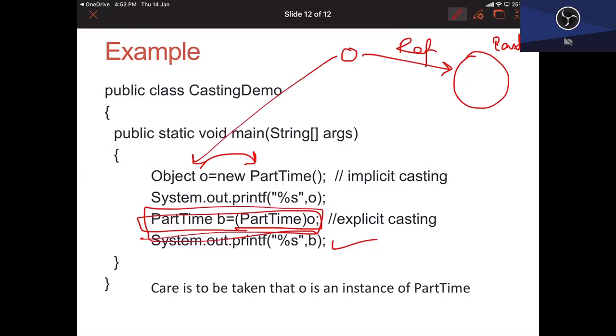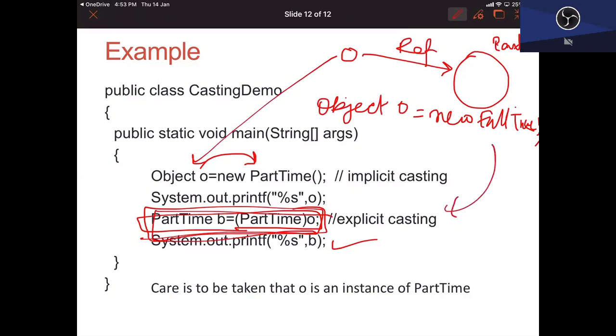But if it was Object O = new FullTime, and then I try to do this explicit casting to PartTime, this would give me an error because it is not possible. FullTime is something different, PartTime is something different. So care is to be taken that O is an instance of PartTime. So this is about implicit and explicit casting in Java with classes and objects in an inheritance hierarchy.